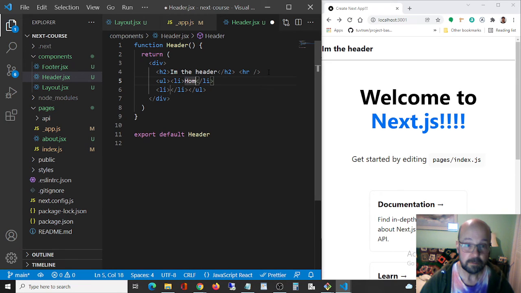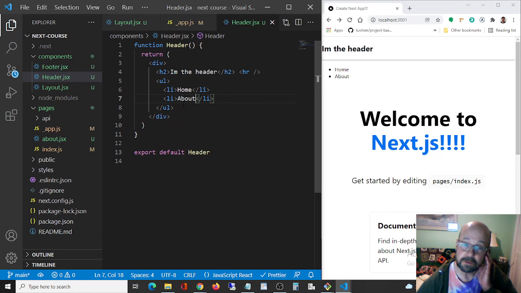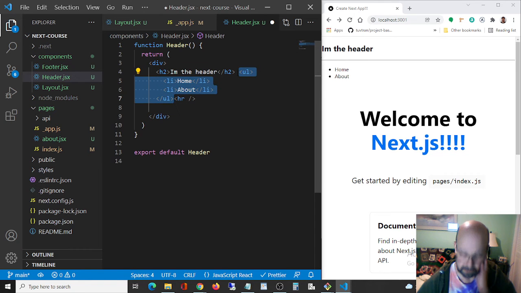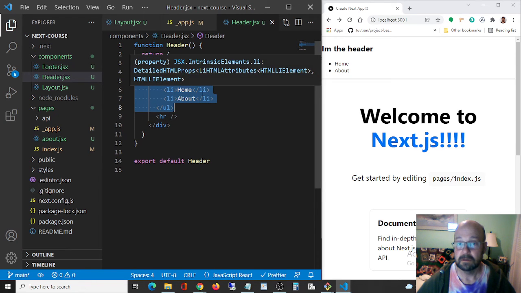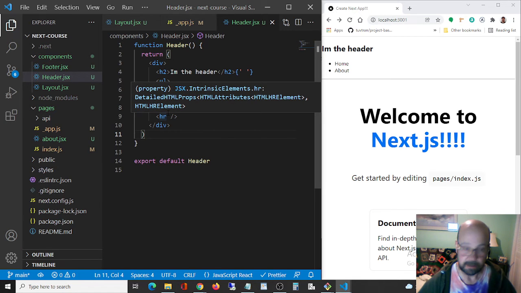We're gonna do home, and we want to have about so far, right? So I want this to be over here in front of here, so that it's up in the header section. Okay, you could use the regular anchor tag, but typically what you do for Next.js, instead of